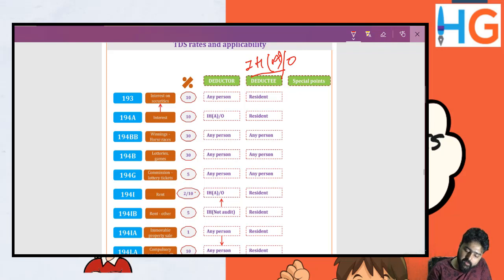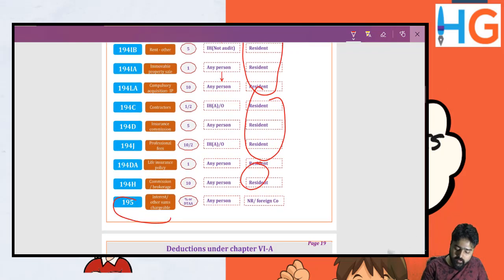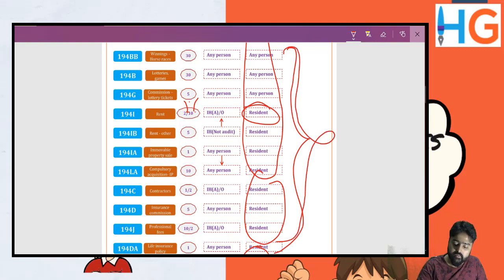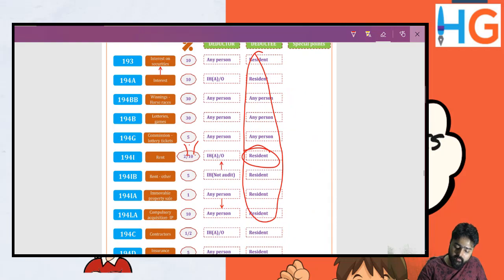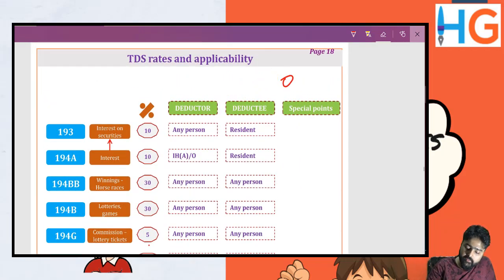Then they are required to deduct TDS at 2% or 10%. The deductee should be a resident. Wherever resident is given, eventually, section 195 covers non-residents. So any tax deductions which are not covered here because the receiver is a non-resident will come under 195. So for you, for every section you read, after you read it, just write in short,